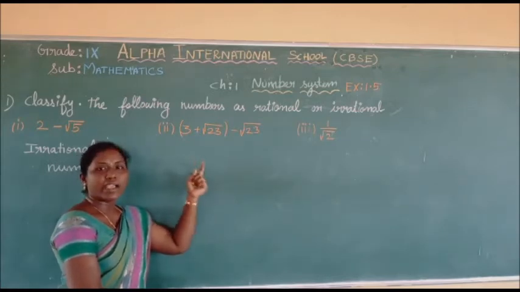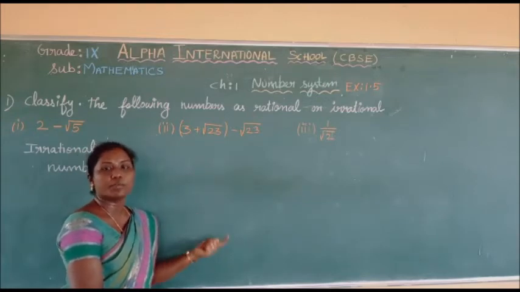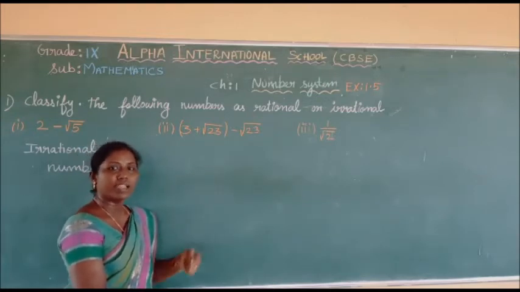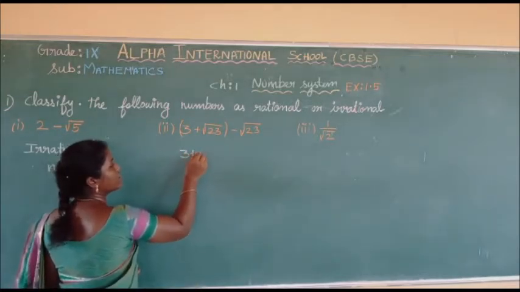Here I can use some rules to solve. First we simplify and see whether the result is rational or irrational. Let us simplify now. What is the question we are having? 3 plus square root of